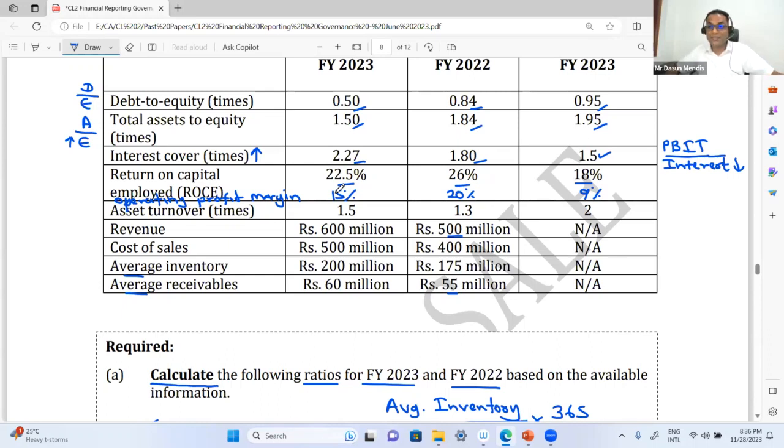Right? The company is managing the P&L very well. So there may be a lot of cost cutting and cost savings initiatives taken compared with the industry. So that's why margins are better. So profitability wise, the company is doing well compared with the industry, but not in terms of asset turnover.